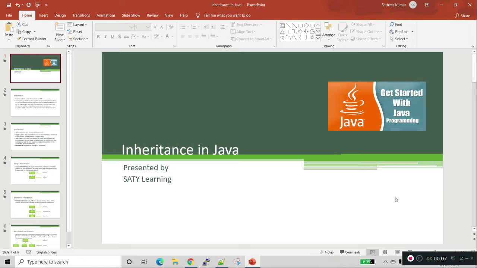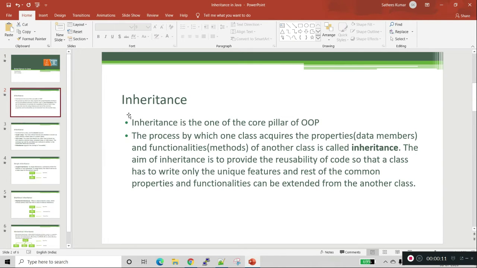Today we will learn inheritance in Java. Inheritance is one of the core pillars of the OOPS concept. The definition of inheritance is the process by which one class acquires the properties, that is data members, and functionalities, that is methods, of another class.